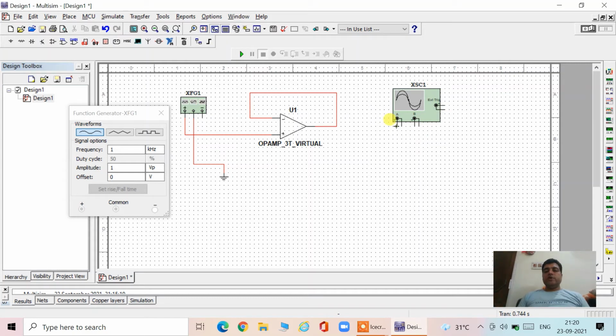From channel 1, the positive wire I am connecting to this, and the negative I am connecting to the ground. I also want to see the input, so this channel I am going to consider for input, with the negative terminal to the ground. Now the whole connection is ready.